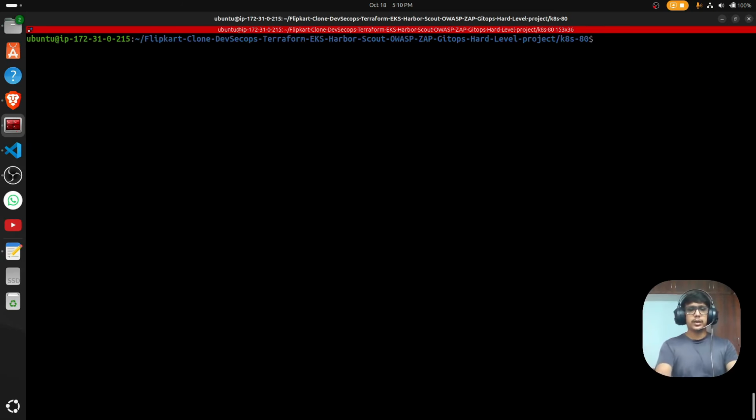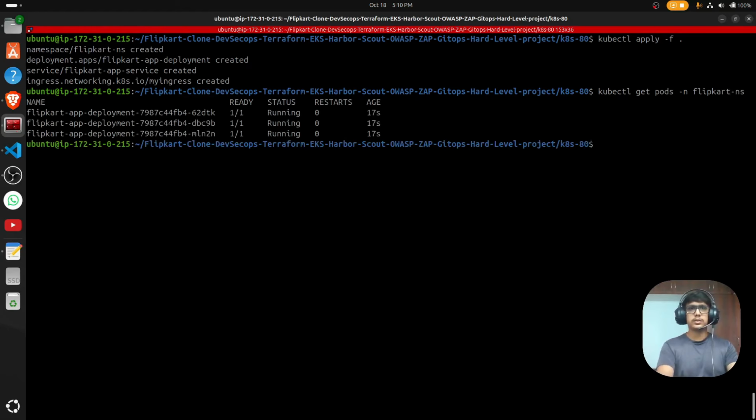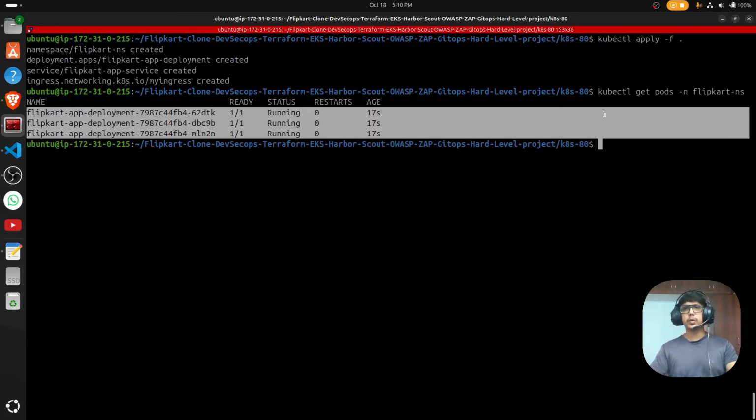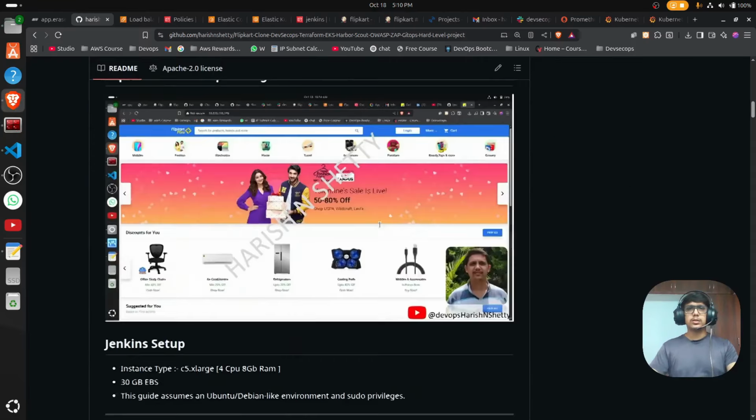And here I'm going to give kubectl apply -f star, that's it. See, now everything is created. To get the details, kubectl get pods in the namespace Flipkart NS. Yeah, we have the 3 pods in the Flipkart namespace. Okay,